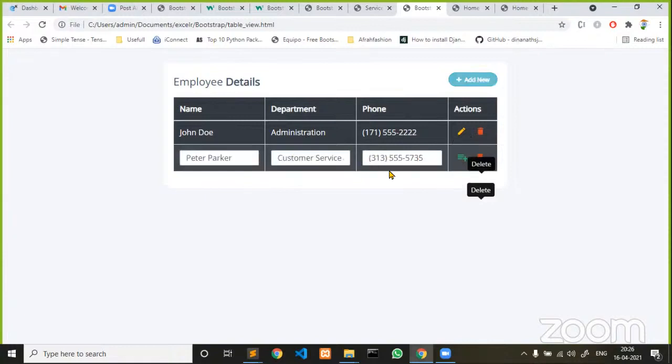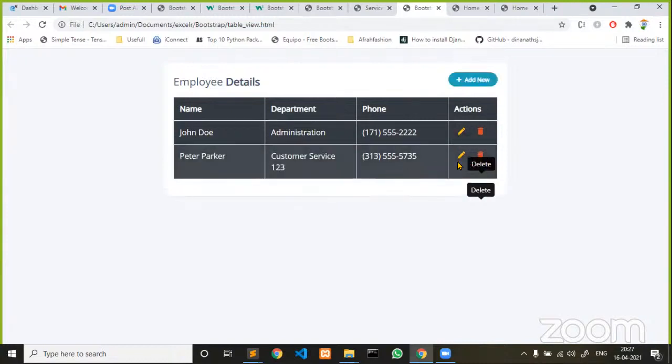This is inline edit. For this, I have written a lot of logic, my dear friends, but you need not worry about that. Why? Because if you want to write all this logic, you must have strong knowledge of JavaScript and jQuery. These are examples we have used in our real-time projects, and I just showed you how effectively we can use Bootstrap to create real-time projects. To give you that insight, I picked this example. Now this is inline edit. I can also change it inline.